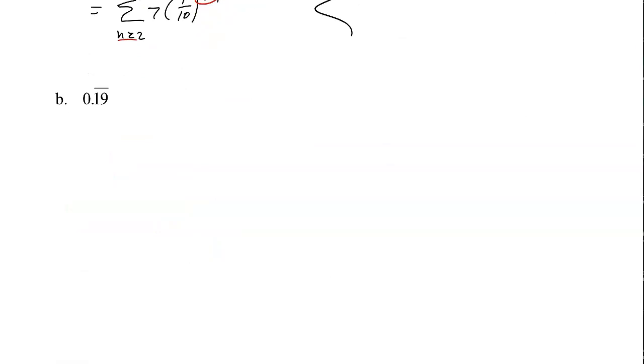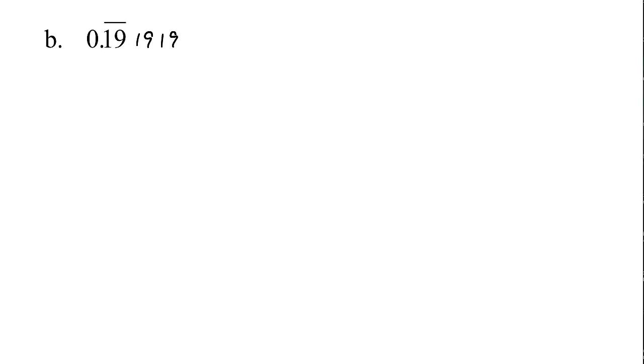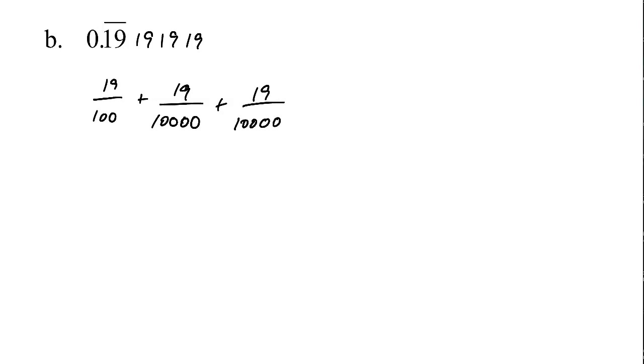Okie doke, 0.19 repeating. So a little bit different, but just think about this. It's repeating every 2. So this is really 19 over 100 plus 19 over 10,000 plus 19 over, what's next? A million? 3, 4, 5, 6. Yeah, a million. And so on and so forth. So my ratio is 1 over 100, because it's every 2 that it is happening. So my series,